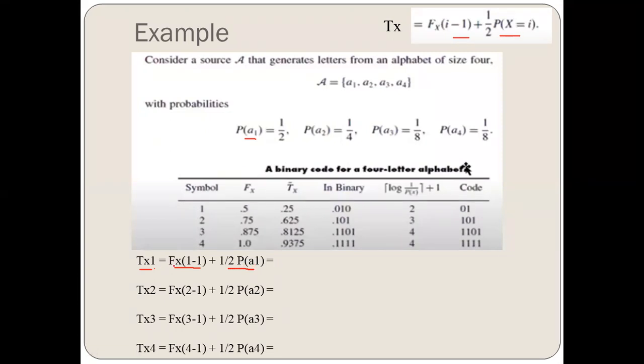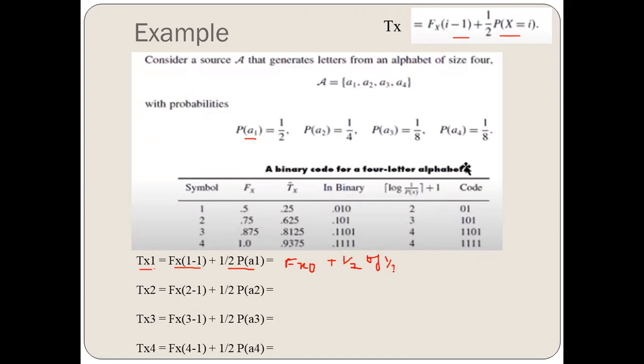Now let's find out what it will be. Fx 1 minus 1 will be equal to 0. That means Fx 0 plus half of probability A1. Probability A1 is again half. So half of half will be